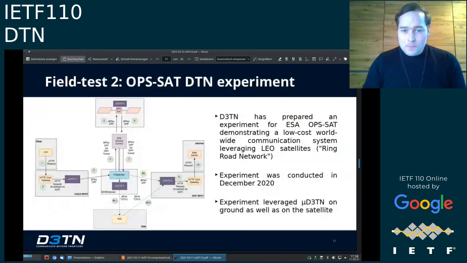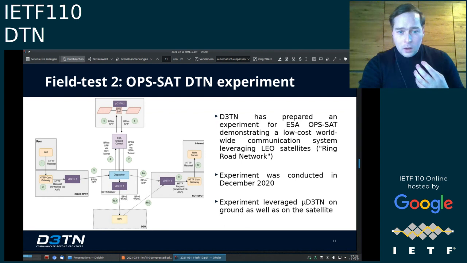Next slide, please. Based on that setup, we have developed a small scenario. So it demonstrates a ring road approach. The idea is that there is a cold spot, not having an internet connection, and from there we wanted to be able to query websites. So there is a remote user that wants to access a website leveraging HTTP. And an HTTP request is then transferred via a gateway